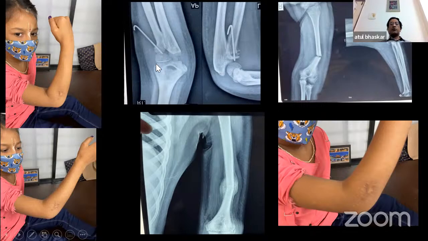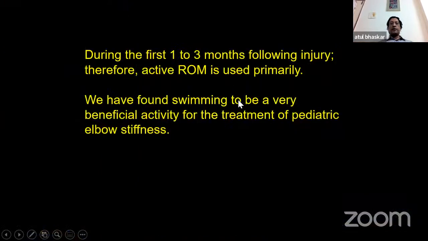So these are what is called composite causes of stiffness. So one has to go into the history very clearly. And if this elbow doesn't regain movement, and this girl presented almost 1 year after the injury, it was a classical stiff elbow. So in the first 3 months following any elbow injuries or any elbow fractures, encourage active range of movement. Don't do any passive movements, and it's been shown that aqua therapy or swimming is extremely beneficial in any kind of post-traumatic elbow stiffness. And this is from Dr. Mora's article, that somehow in water they seem to get a better range if you start very early.